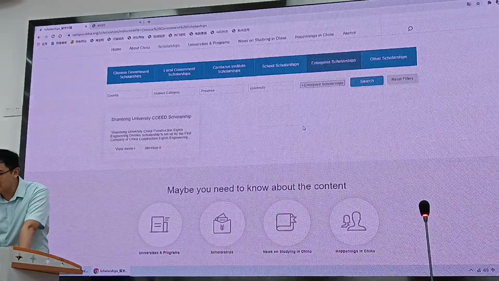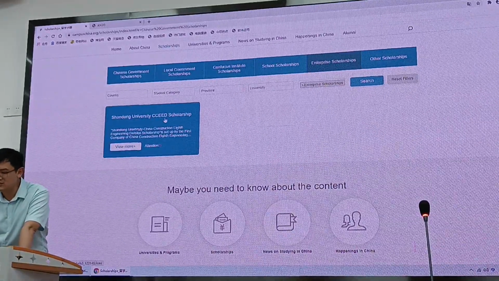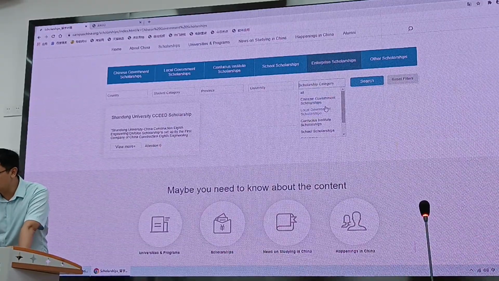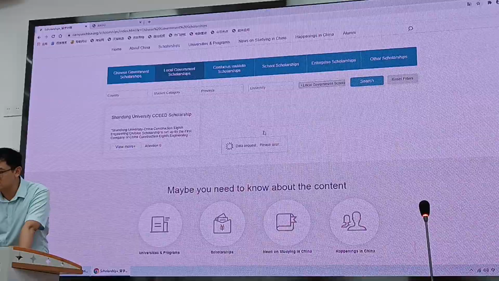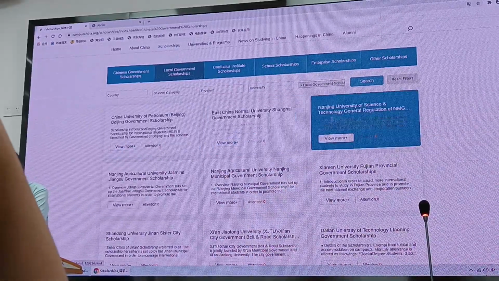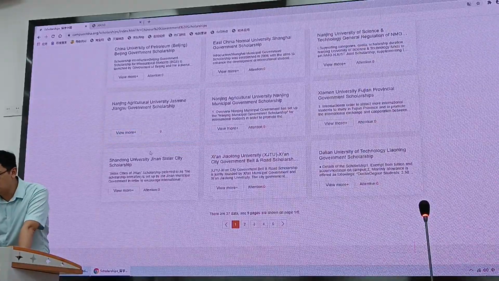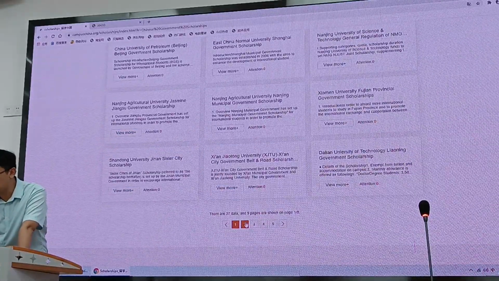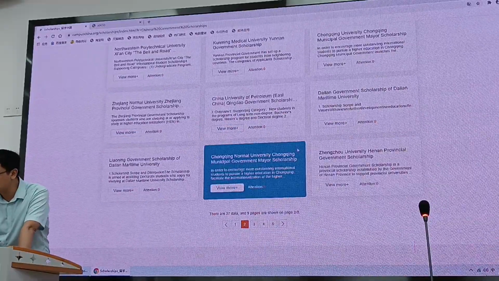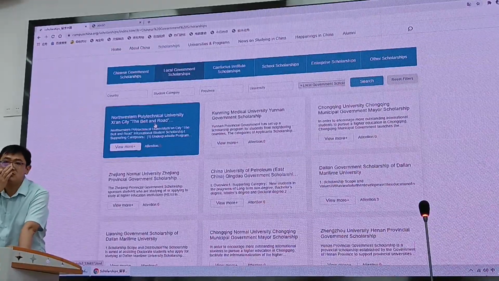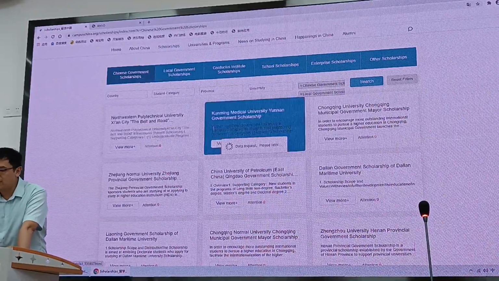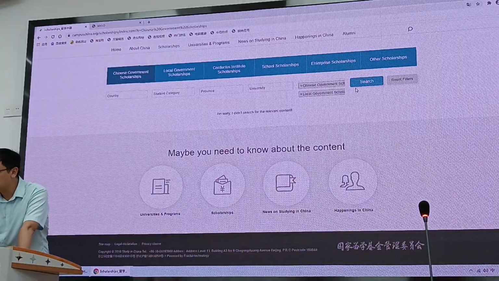Okay. So that's it. You can see the Shandong University CED Scholarship. That's what they call enterprise. And we also have local government scholarships. They are different. China University of Bachelor, and normally it's not within the framework of the Chinese Academy of Sciences. It's a different type of university, but in the Chinese Academy of Sciences, we have other types. So I think for the best one, you will see the governmental.